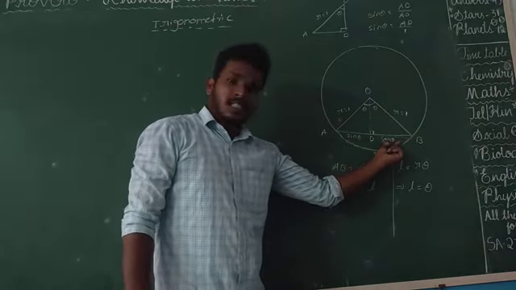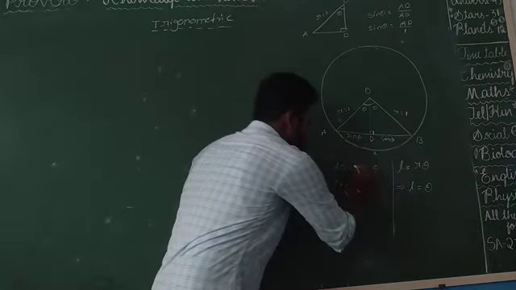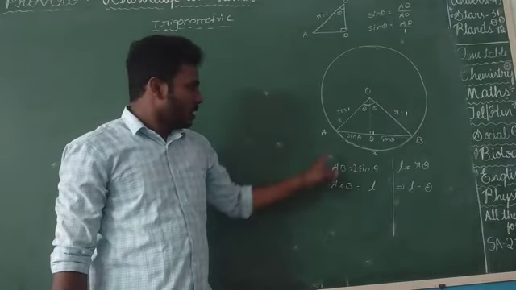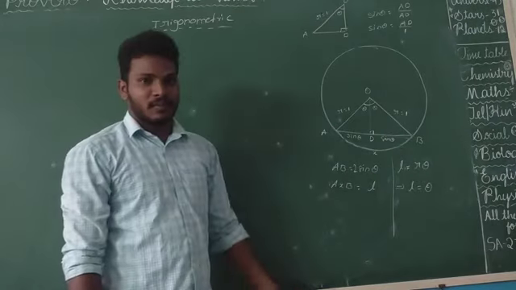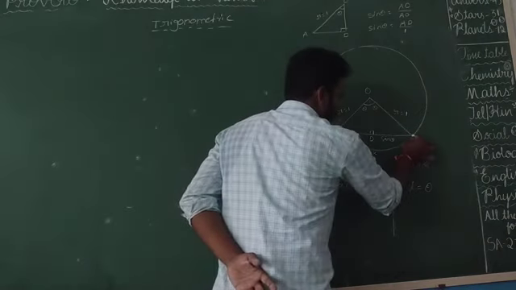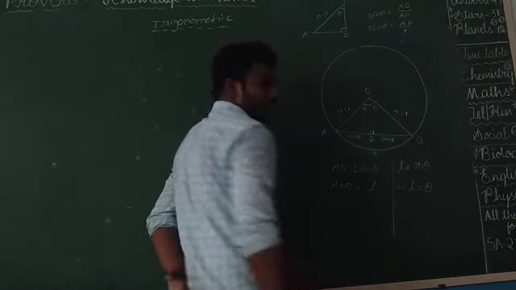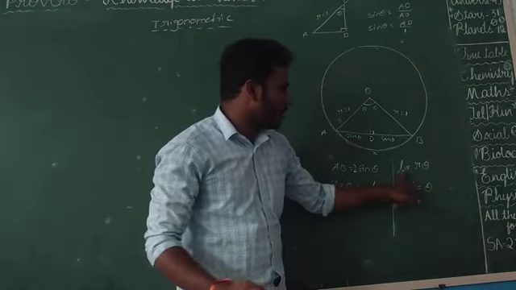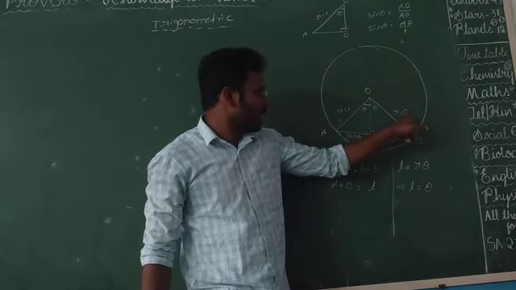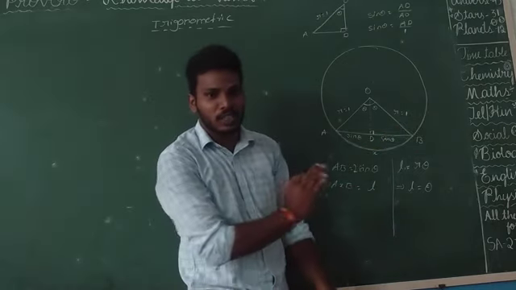Again the BD distance is also sin theta. So the total length AB is nothing but 2 sin theta. So A to B, the total length, is 2 sin theta. AXB I can take as L. The arc makes an angle at the center. The angle subtended by the arc at the center is in radians, that's why it is theta radians. In radian notation, the length of the arc is L is equal to r theta. Since r is always taken as 1, L is equal to theta. You can use this notation.